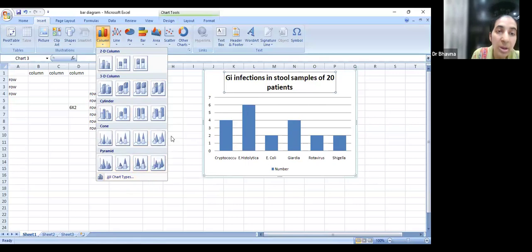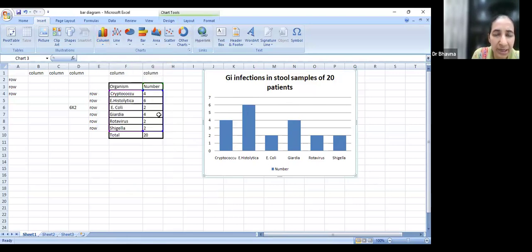But since we know that this is qualitative data, it has to be represented by spaces in between. A simple bar diagram is the best type of diagram that we can draw. So it is very simple. Select this and you're done, right? But the basis of this class is please have a hang of what is a variable, what is a qualitative variable, what kind of diagram can be drawn for a qualitative variable, okay?